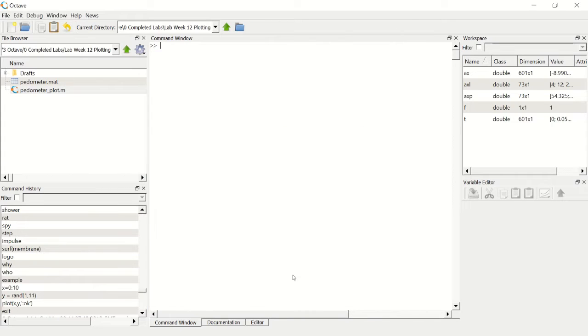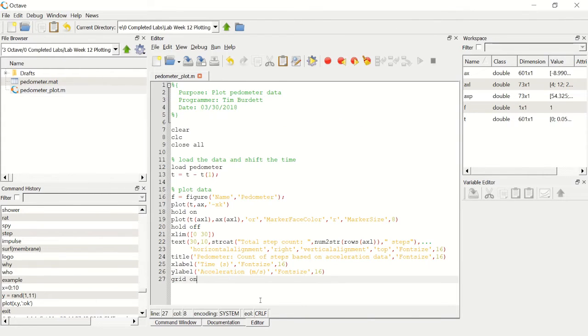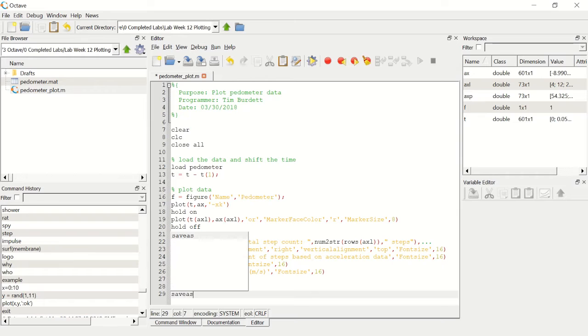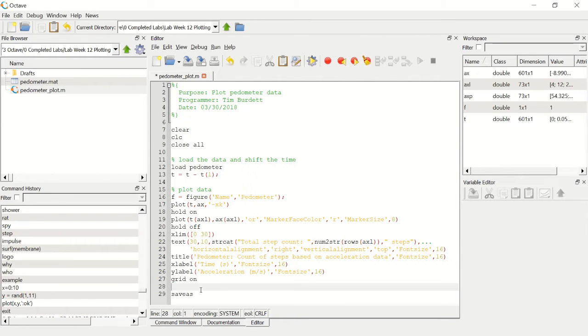So one last thing that we're going to do is save the file. And this is useful if you're creating figures as part of a report or that's needed for a presentation. It's just easiest to actually save that file. So we're going to use the saveas function. And this is all available in the MATLAB help. You just look it up, and it's usually pretty easy to find by either Googling it or using the MATLAB help